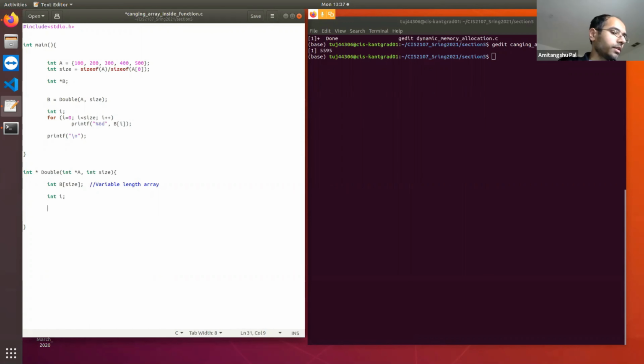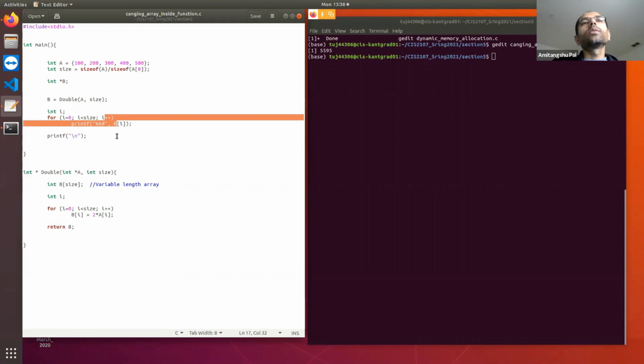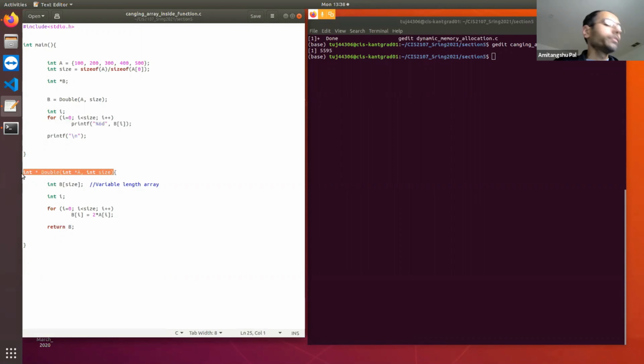And then I am doubling the elements of A and storing them to B. For i equal to 0, i less than size, i plus plus, B of i equal to 2 into A of i. Doubling the element of A and storing it to B. And at the end, I am returning B. B is an integer pointer. So B is going to be returned, which is stored in this B, and the elements are going to be printed. So let's declare the function prototype.